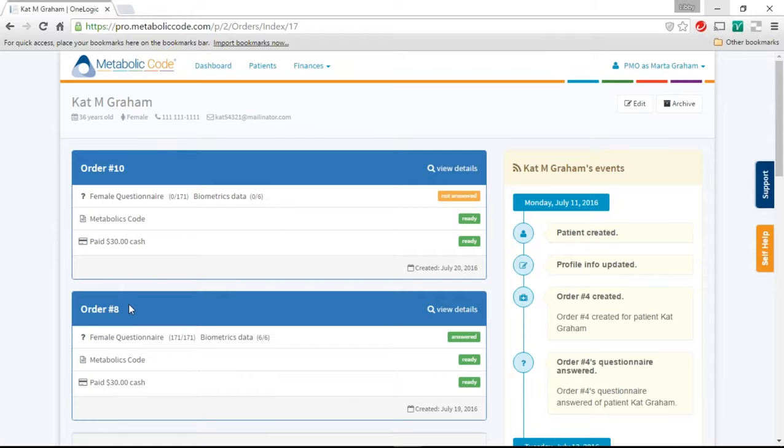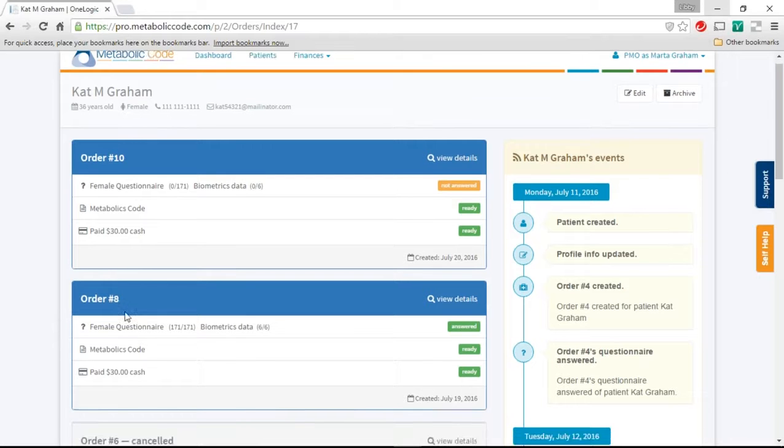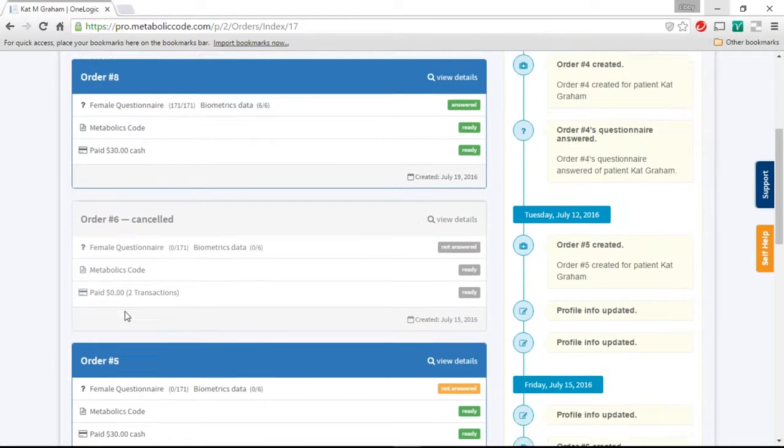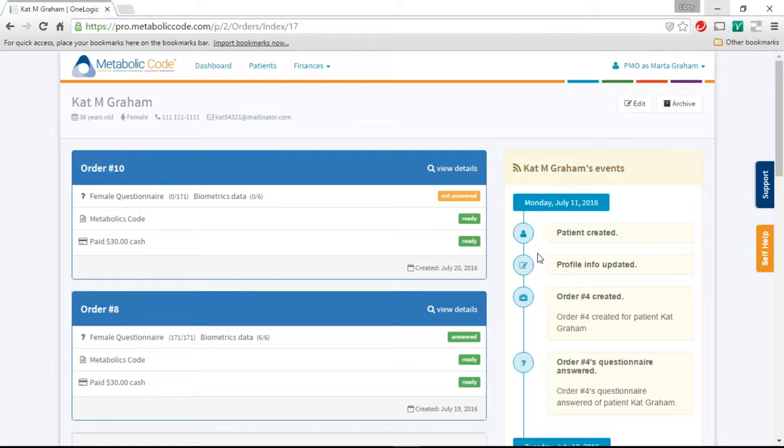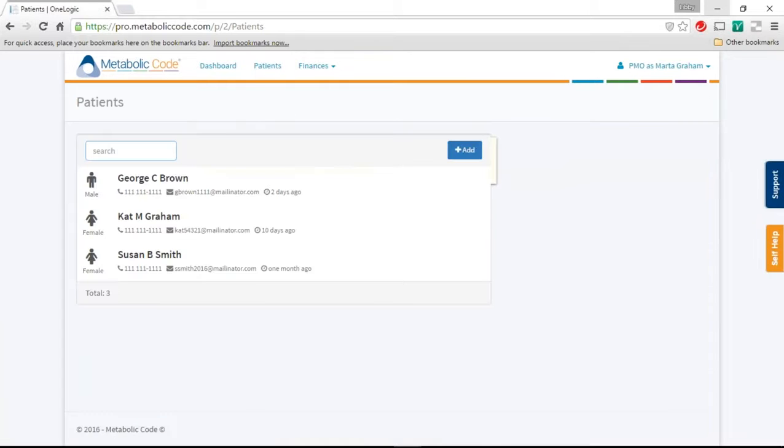So here we are. You can see what we're calling orders are the assessments. So we have some pending and canceled assessments here in this patient account, and you can also see another timeline on the right-hand side for this patient. I want to go into a different patient though,